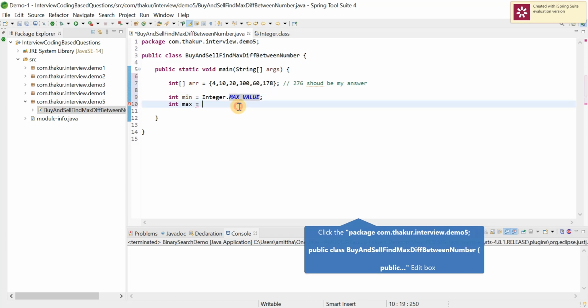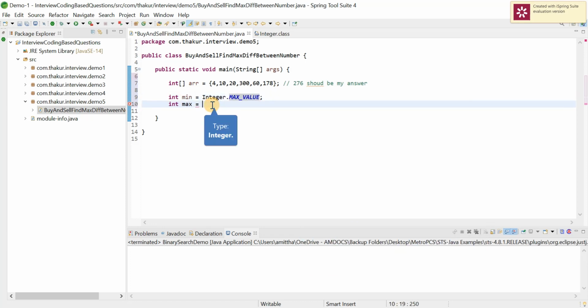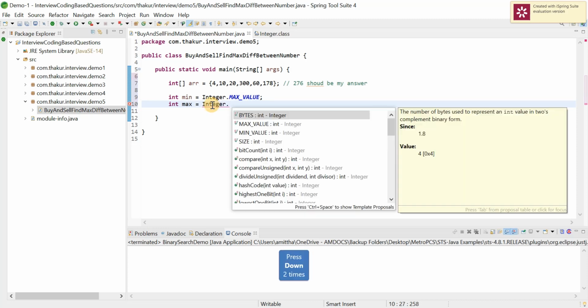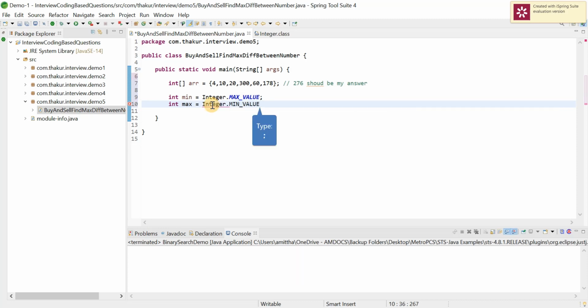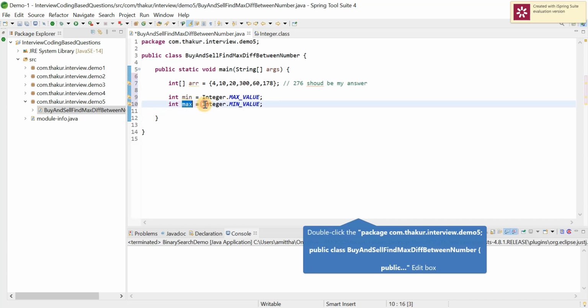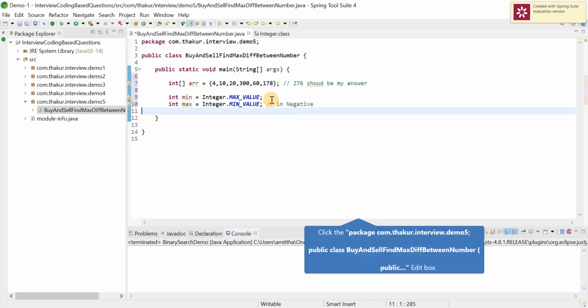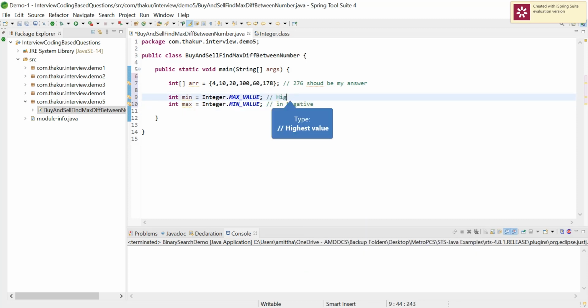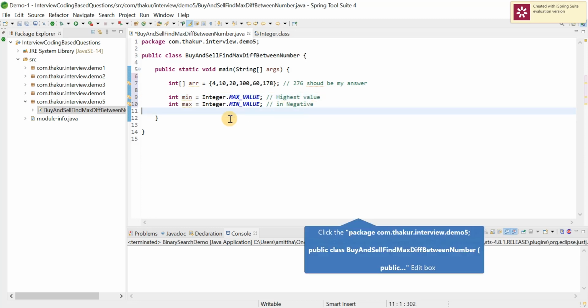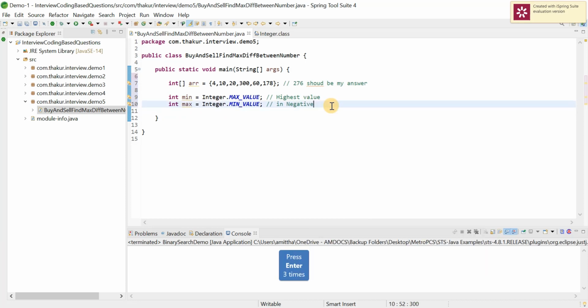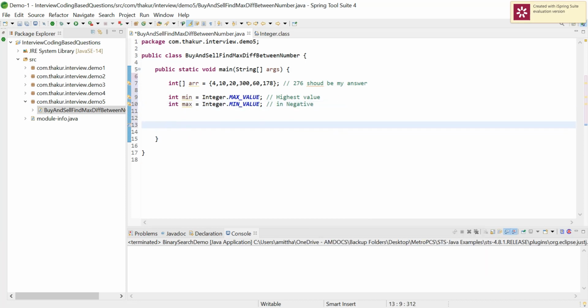Whatever the limit of the integer is, it will have the highest value. And for max I will reverse it and take the minimum value, which is negative, obviously.